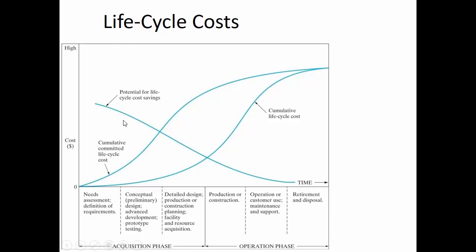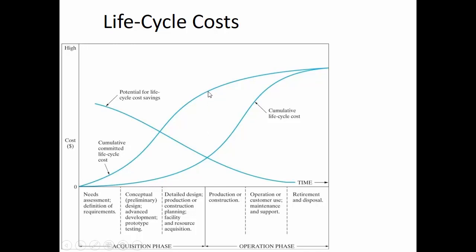And so the committed life cycle cost is in front of the actual cumulative life cycle cost, which is related to where you actually spend the money. When the curve is steep, that means you're making a lot of decisions about how to spend the money. You haven't actually spent it yet, but during the acquisition and planning phase, you're making a lot of plans and designs, and so most of the cost of the project has already been decided